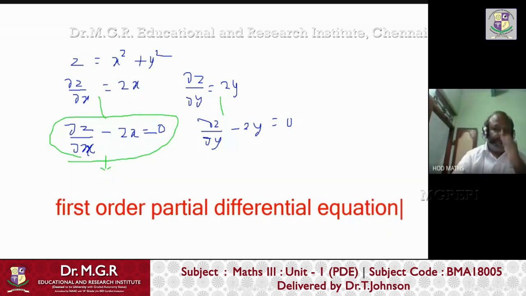Right? So both things. Dou z by dou x minus 2x equal to 0 is a first order PDE, and dou z by dou y minus 2y equals 0 is also a first order PDE. Right. But when you revert this back to the original equation, there is some procedure. There are two things. From an ordinary equation, by differentiating ordinary or partially, right? Ordinary means only one variable, partially means more than one variable. So whenever you do the differentiation, you can form a partial derivative or a partial differential equation just like this.